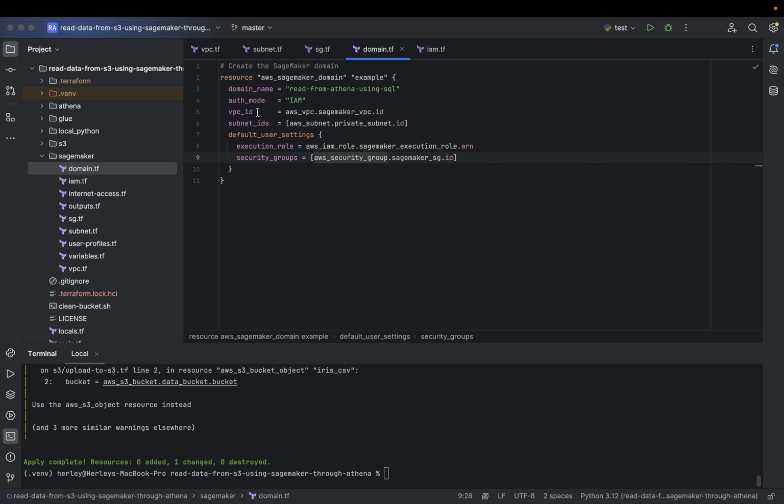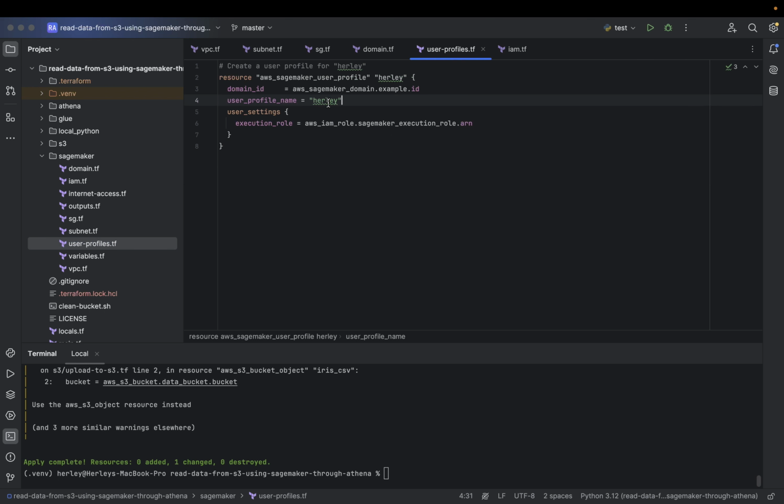After I provide the VPC ID, subnet ID, execution role, and security groups, then I create the SageMaker domain. After this domain is created, I want to add one user named Harley, using the SageMaker execution role for this user. This user is allowed to launch SageMaker Studio.